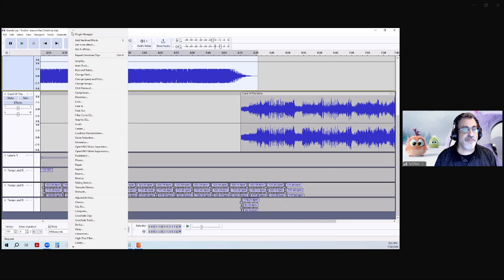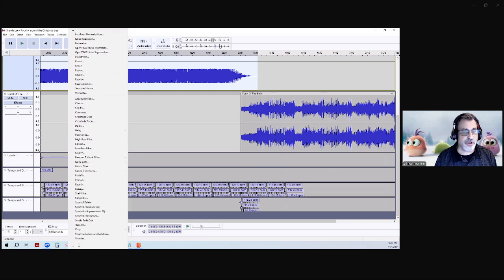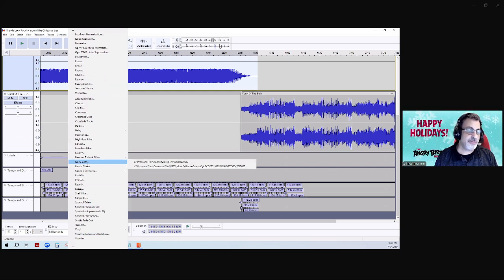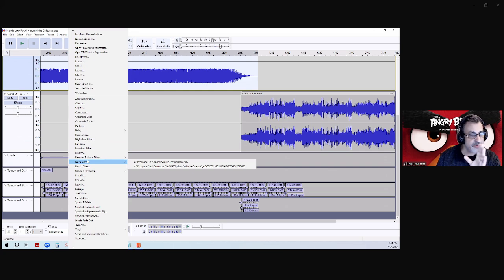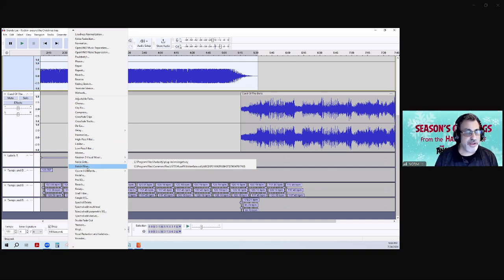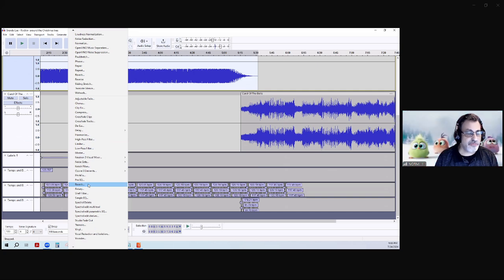Remember I said that if I go into my effects here and you start seeing things like, I'll scroll down here, noise gates. Noise gates are really cool if you want to block out noise at certain levels. So again, if there's a background hum, if you got a laptop or a PC and you're trying to record something, you can set that noise gate to a certain threshold, I think you saw it a little on the compressor, and anything below that, it'll actually silence automatically. There's your reverb where we can cut out reverb or add reverb. Vinyl, we can make it sound like a vinyl record. We can do studio fades.